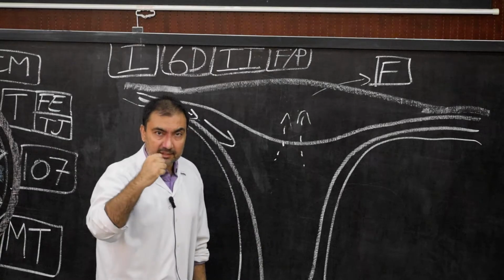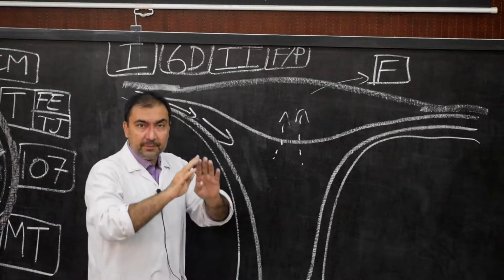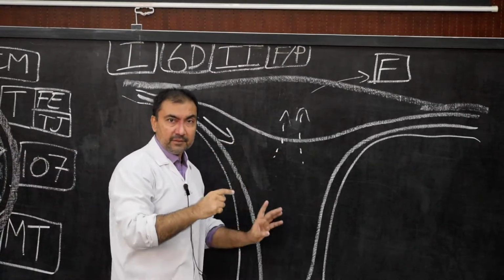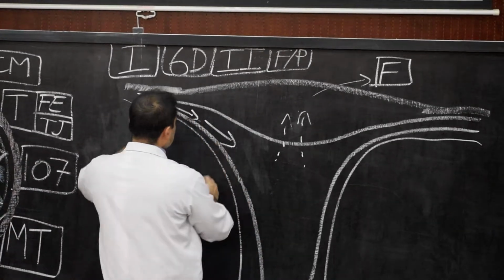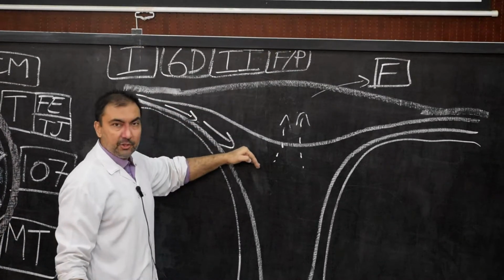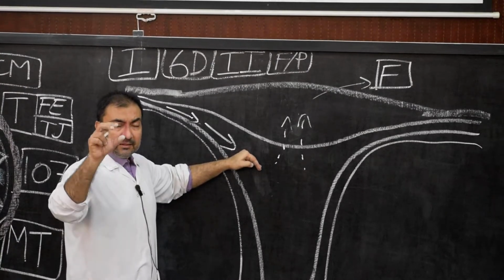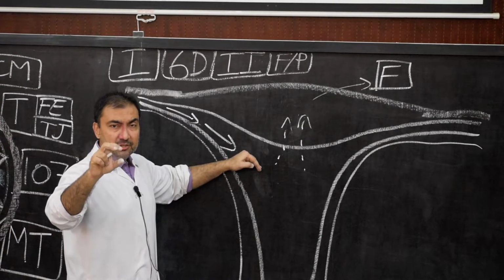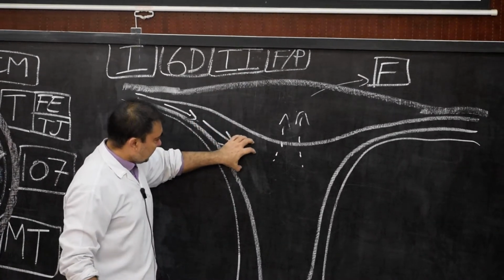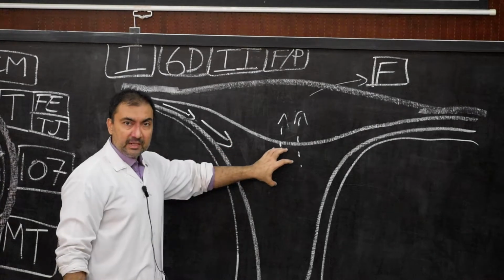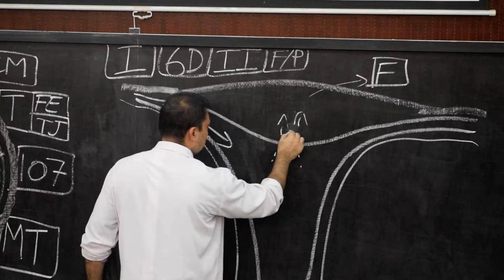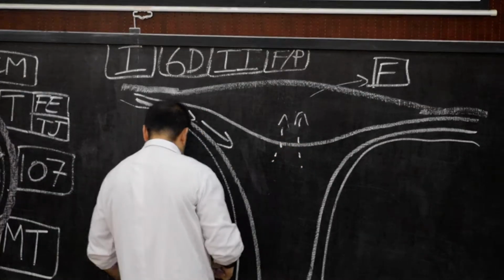And now we draw the diagram, showing how this implantation will take place. Remember, we have shown that the zona pellucida has disappeared. Now here we are going to draw the blastocyst. The blastocyst is coming from the fallopian tube towards the uterine lumen, and we know that at the morula stage, the 12 to 16 cell stage which we saw yesterday, it enters the uterine lumen. At the blastocyst stage, the zona pellucida has disappeared.